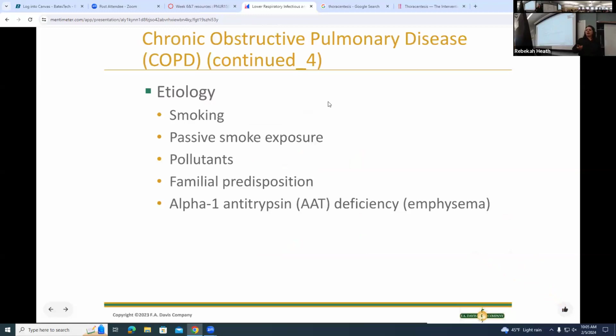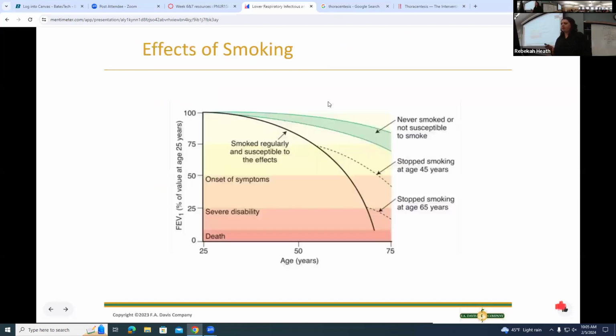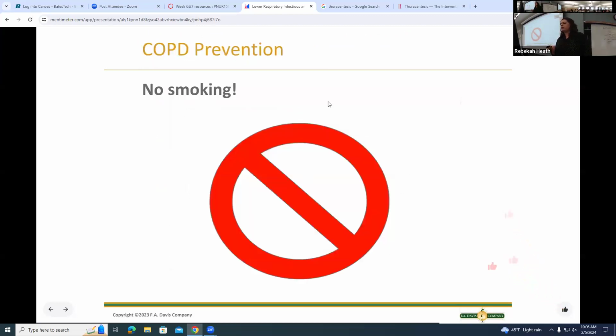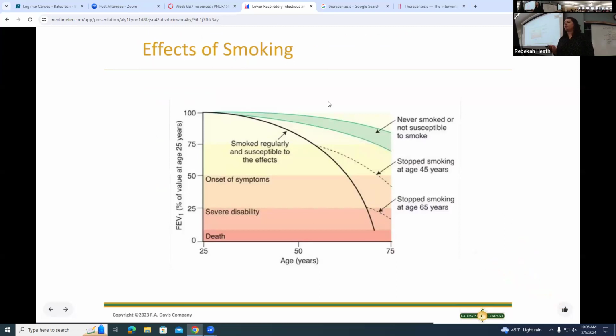So a lot of times people with COPD, regardless of the bronchitis or emphysema, a lot of times it's smoking, either active smoking or a lot of secondhand smoking or from the environment. There's been a lot of chemical exposure. There might be a family predisposition. I really like this little graph, talking about effects of smoking and if we can educate our patients about quitting, right? Because if you quit smoking,